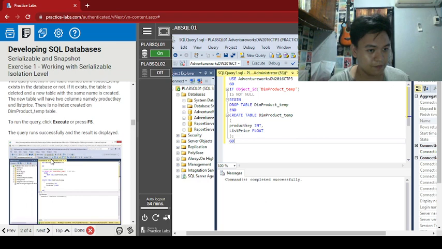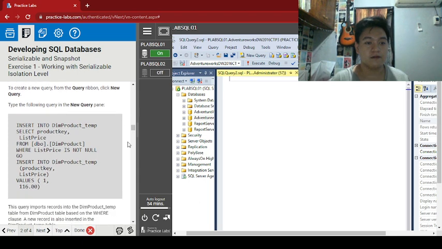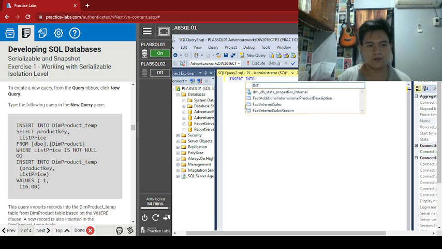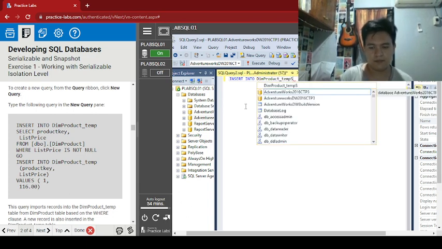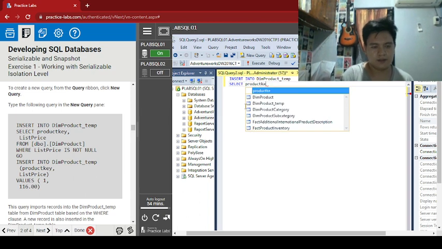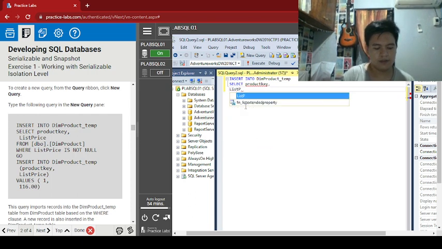Okay, command completed successfully. To create a new query from the query window, click New Query. Type the following query in the new query pane. Insert into dim_product_temp select product key, list price from